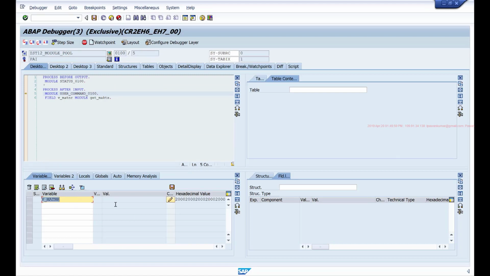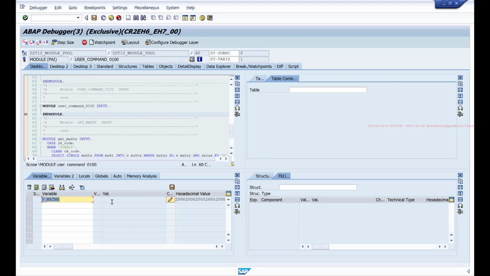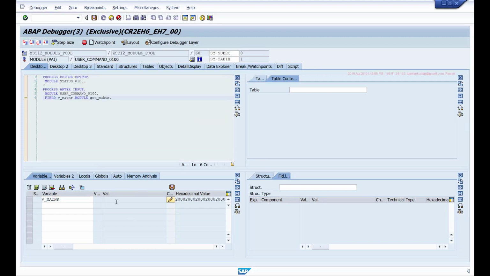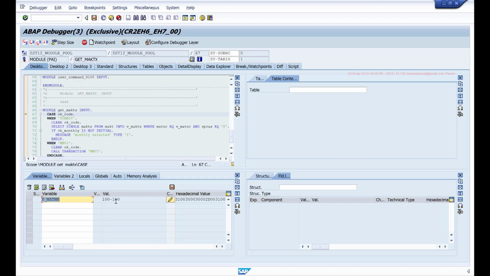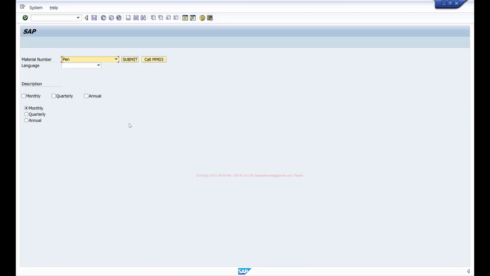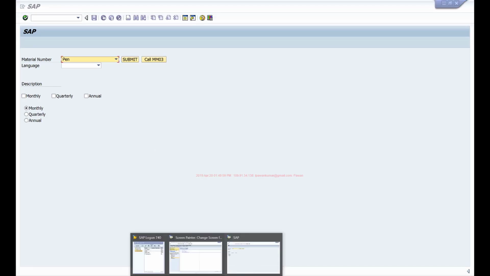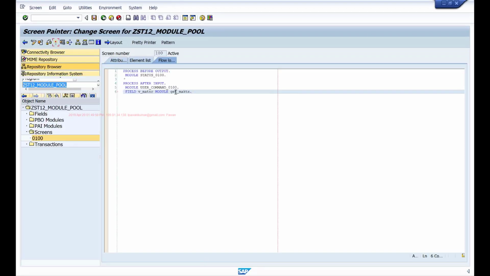So when I'm executing the code in this user command module, I don't have the data in vMatnar, but the moment I reach this statement field, that data is transferred. Now this vMatnar value is transferred. So I'm basically restricting the data transfer of a particular field till I reach a particular module in my FlowLogic.